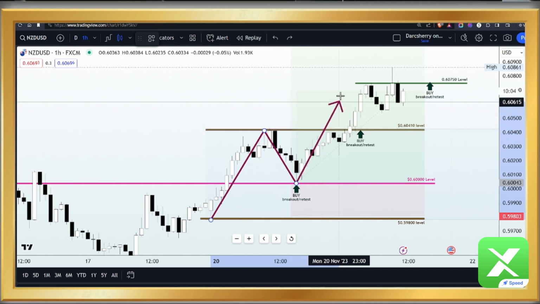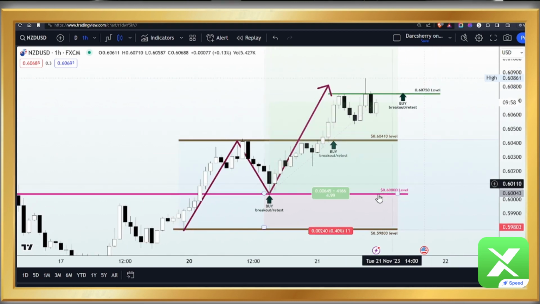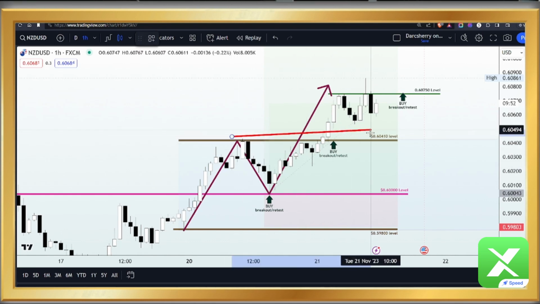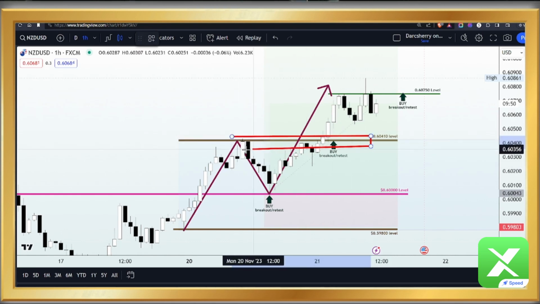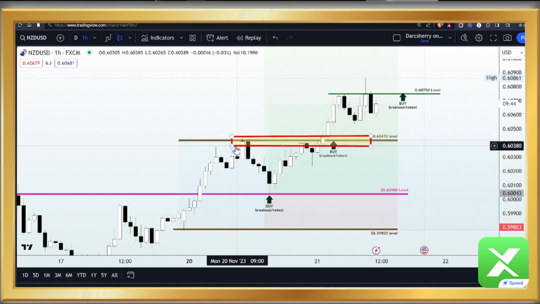If you did, price came back to test the level before it finally broke out of the 0.60410 area. And if you had missed out on the retest of structure, we had the privilege of joining the breakout of the 0.60410 level, and if you had done that, well done, and kudos to you for being on standby to capitalize